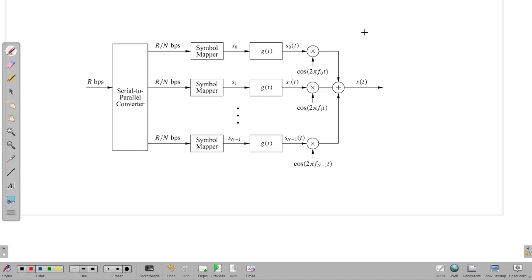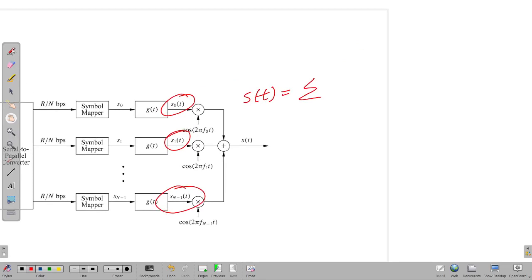And what is S of T? So I want to find an expression for S of T. S of T is basically the summation of all these signals, S0 of T, S1 of T up to Sn minus 1 of T. I can write it as the summation J equal to 0 to n minus 1, Sj of T